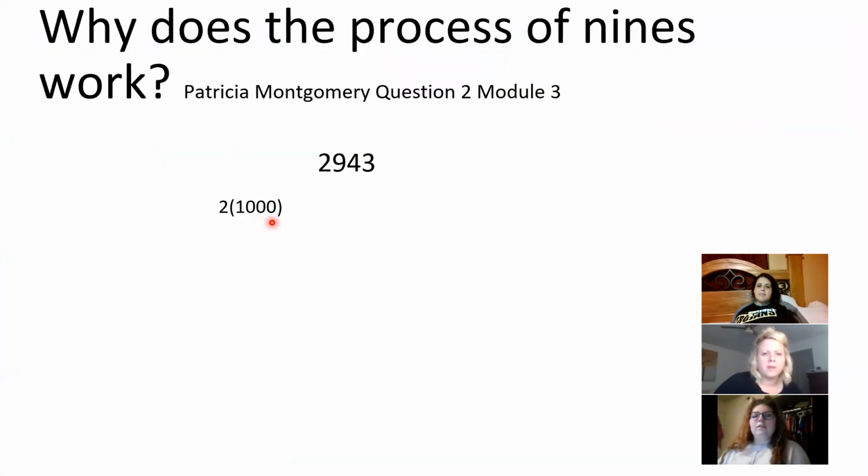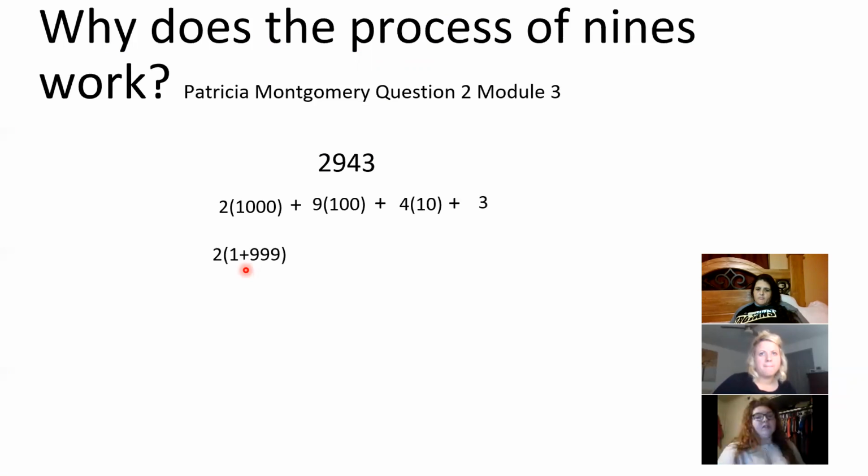Hey, Patricia, why does the process of 9 work? So the reason it works is because if we were to break down 2,943 by each number's place value, we could do 2 times 1,000 plus 9 times 100 plus 4 times 10 plus 3. And then we want those to be divisible by 9. So the easiest way to do that would be to break them down to 1 plus 999, 1 plus 99,